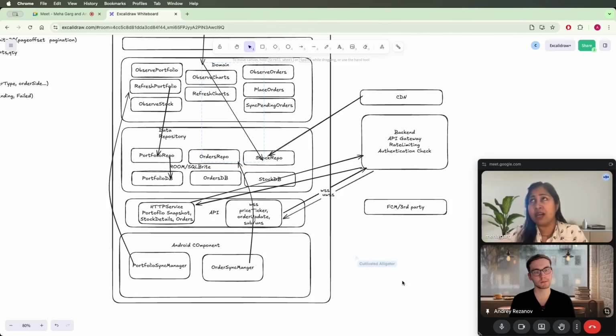So we close the WebSocket connection when we go background. Yes, we close the WebSocket connection. We close any kind of streaming or polling, and then we delegate to the work managers, and the work managers are responsible. Then they work with the doze modes and app standby buckets. So that kind of also helps